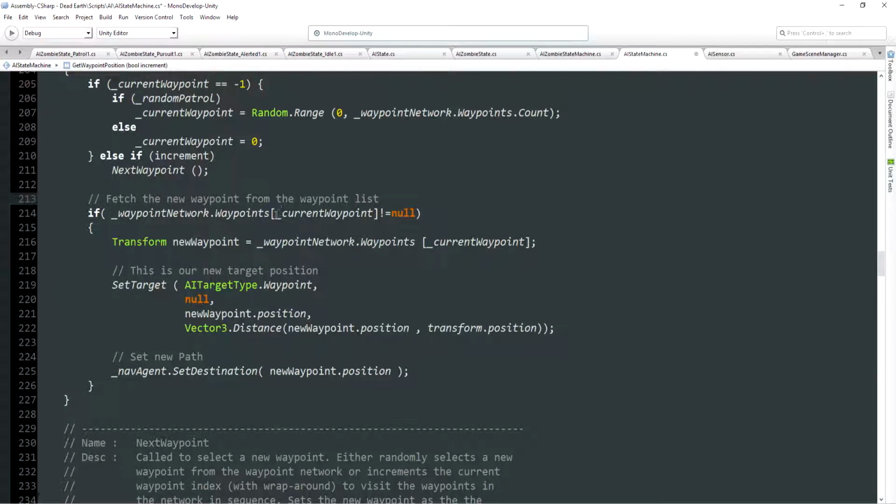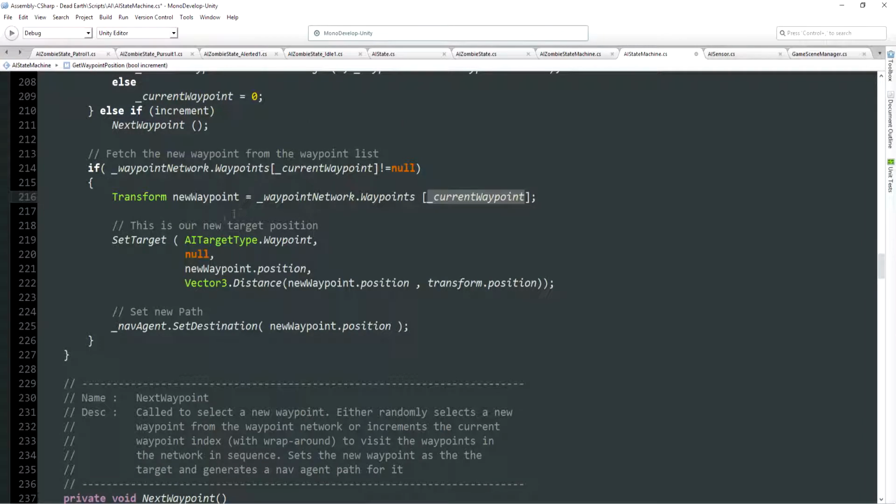So what we need to do is fetch it from our waypoint network, and assuming that it's valid, it's not null, then what we're going to get back is a transform. So you can see we say new waypoint equals waypoint network.waypoints, and of course we pass in our current waypoint as the array indexer. And now we have the transform. We can set this as our new target. So we set target type waypoint. We don't have a collider for waypoints, so we're just passing null, and we set in the new waypoint's position